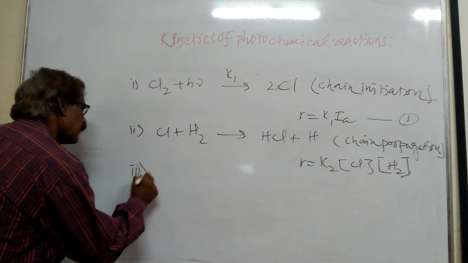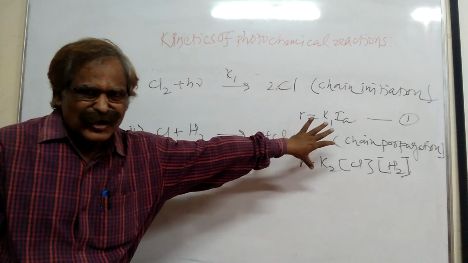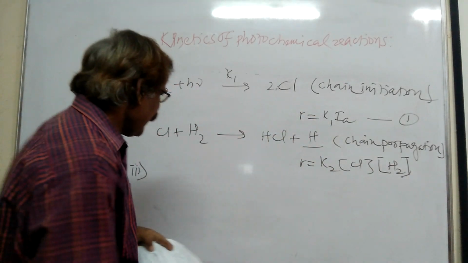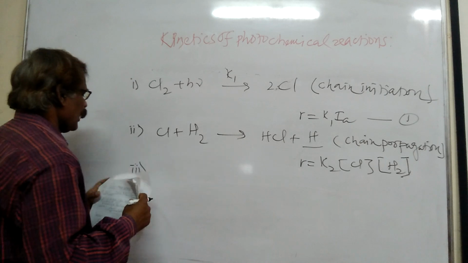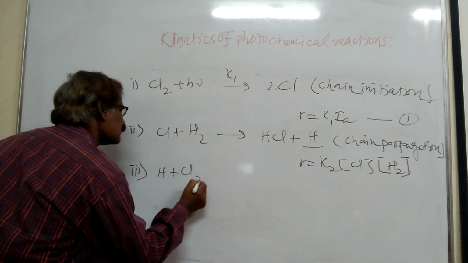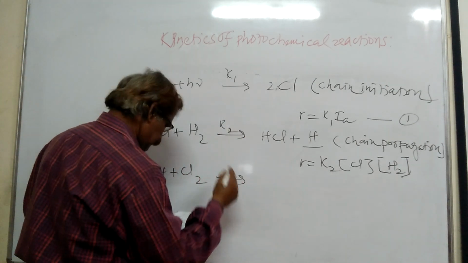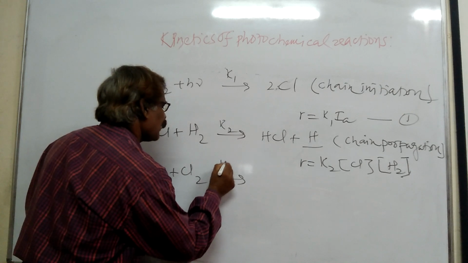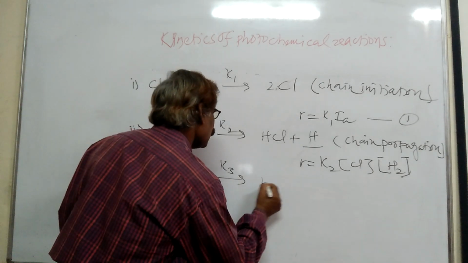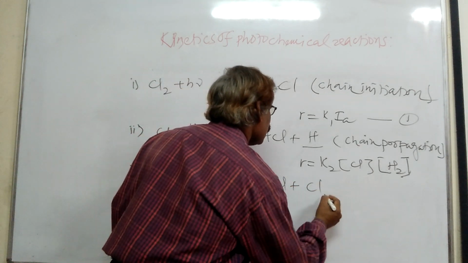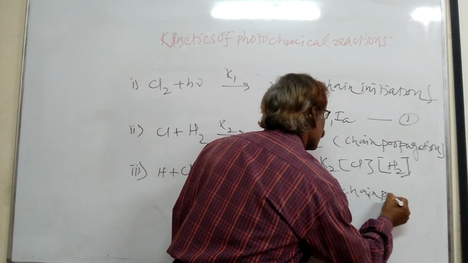Third reaction: H generated in this chain propagation reaction further reacts with Cl2 and gives HCl. H plus Cl2 gives HCl plus Cl. Of course, the rate constant of this reaction is K3. Again, this is a chain propagation